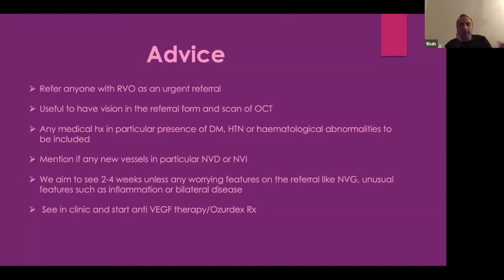We would then ask them about the medical issues. I would write to the GP to investigate those. And of course, generally the rule of thumb is that if they've got new vessel disease, you need to laser them. But if there's macular edema involved as well, probably we start off with anti-VEGF therapy and then laser comes after. Very important also to note, one disadvantage with Ozurdex therapy is that it doesn't cause regression of blood vessels. So if you're going to treat them with Ozurdex, that won't address the abnormal blood vessels, the new vessels. So you would have to think about doing the laser as well.